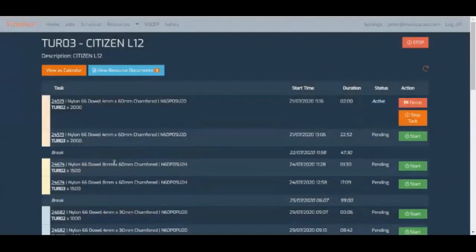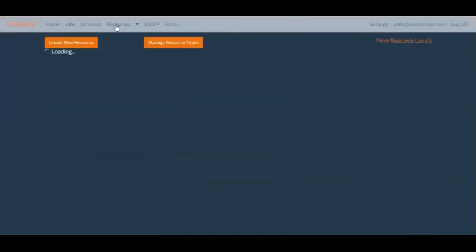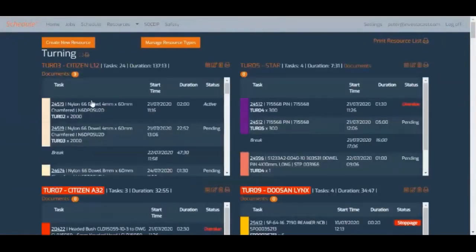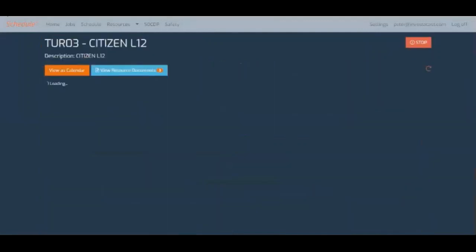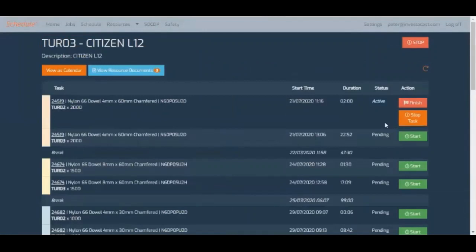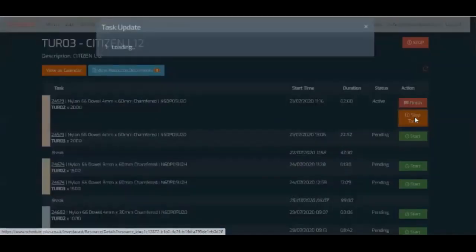That's it running. And whoever's overseeing all of the processes can see that the job is active at the moment. Yeah, there it is, active there. So we'll go back as if we're the operator of that resource. Now, what may happen is there's a problem with the task. You might have run out of materials. So rather than just finish the job, which is what would normally happen, I can stop that task and say,